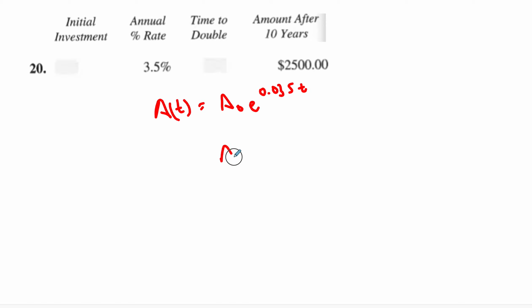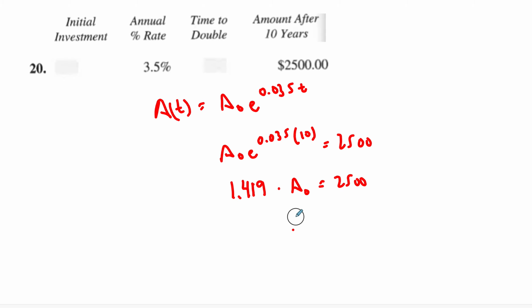2,500. So we've got A naught e to the 0.035 times 10 equals 2,500. Not 25,000, 2,500. Now, can we solve that? Well, e to the 0.035 times 10 is a number. As a matter of fact, it is 1.419 times A naught equals 2,500,